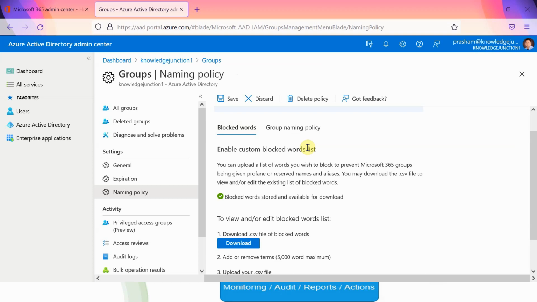We want to avoid these kinds of words because they don't reflect the features or functionality of a team. It doesn't help organizations when the names are like tea team, coffee team, sport team, football team.